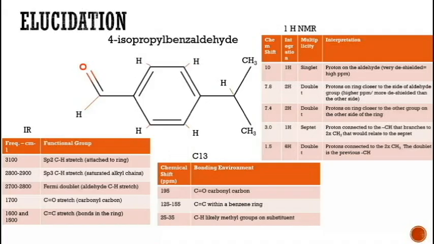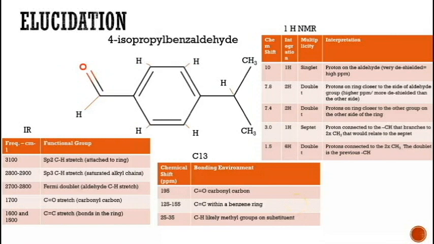So that means that there's going to be some kind of symmetry, where we have at least these two H groups the same, these two the same, and these two the same, and the carbons are going to be the same on each side. So there's some kind of symmetry there. We also noticed the carbonyl carbon, the C double bonds within the benzene ring, and then the methyl group somewhere. And then when we finally looked at our 1H NMR,